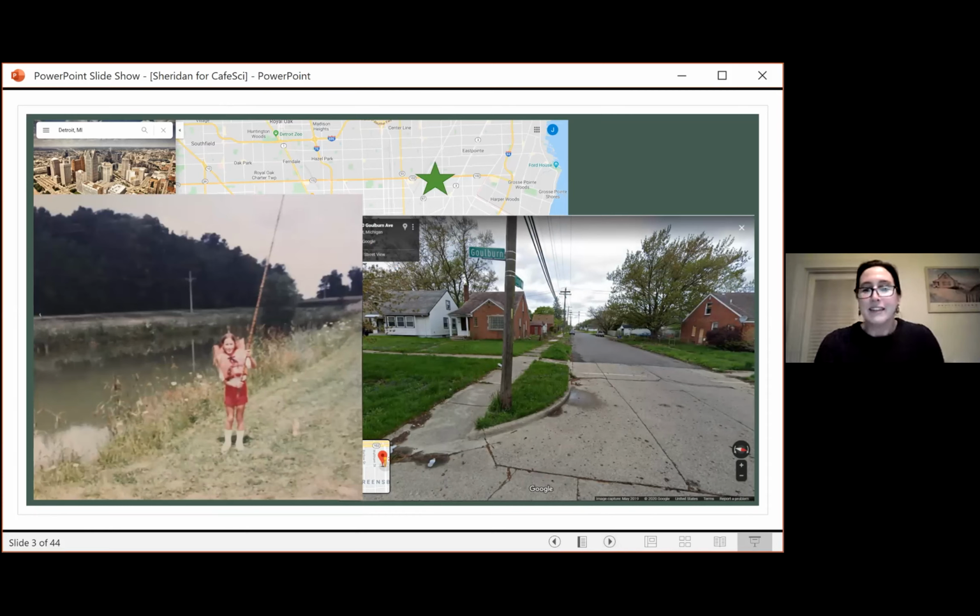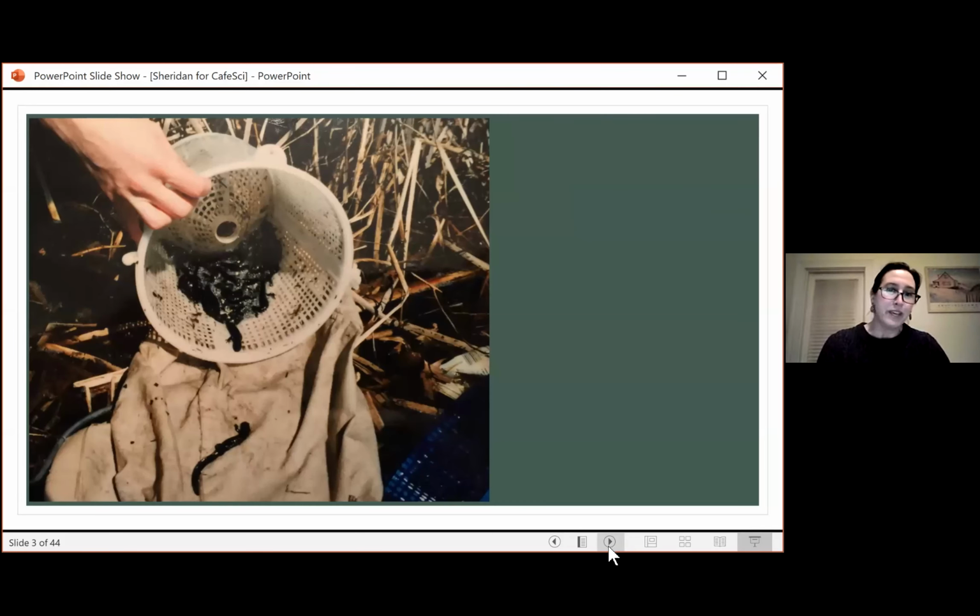So again, this is really different from a lot of other herpetologists who, like I said, grew up hunting for, searching for, playing with, owning amphibians and reptiles. And I came to it much later in life. So when I was in college, I had a TA for an ecology class who had a project on amphibians